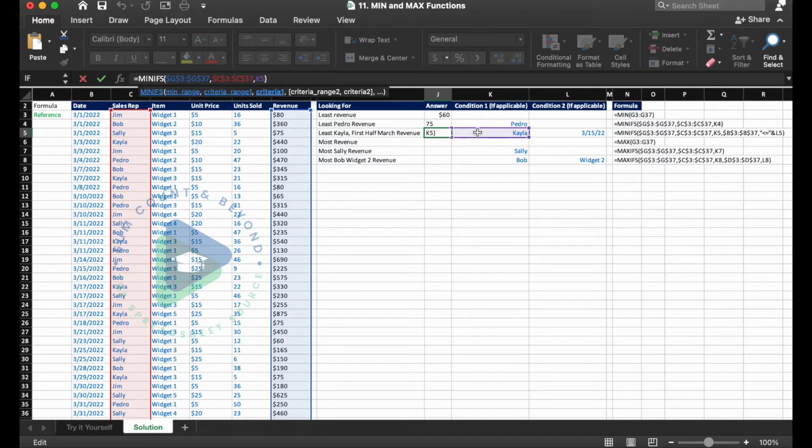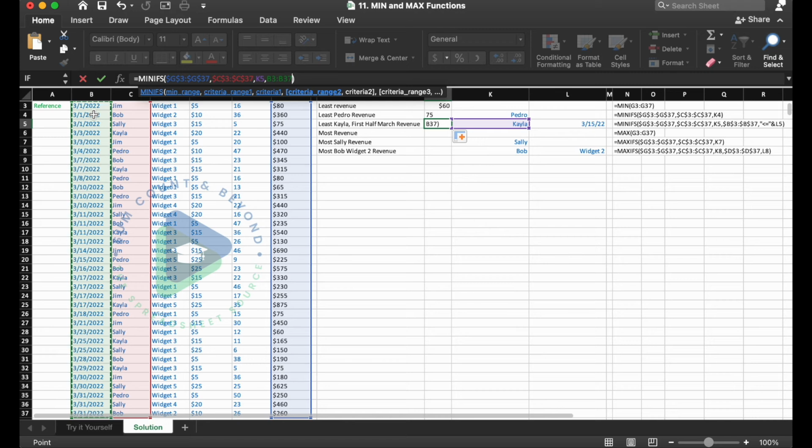But remember, we're going to be doing a second condition, so we're going to go right in front of the closed parentheses, and then we're going to do comma, and our range 2 is going to be from B3 down to B37. We're going to lock that in. And then we're going to do less than or equal to 3/15/2022.